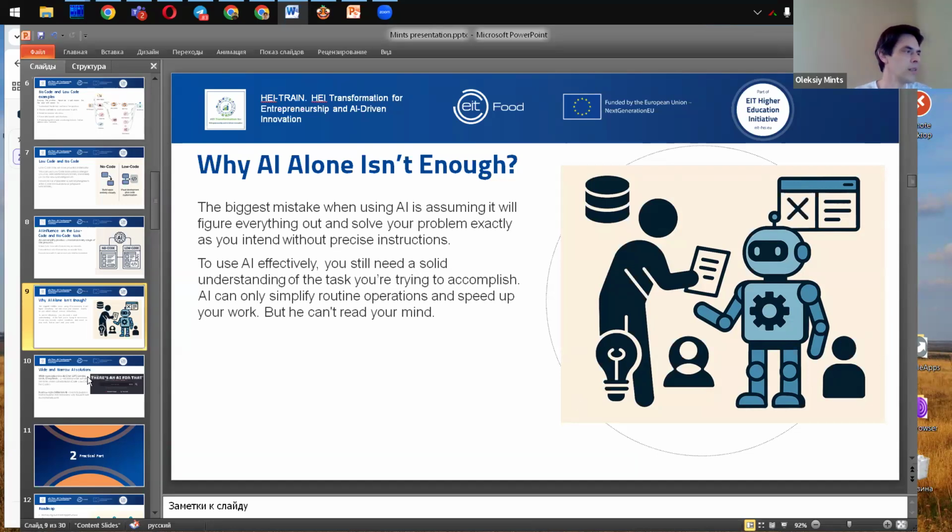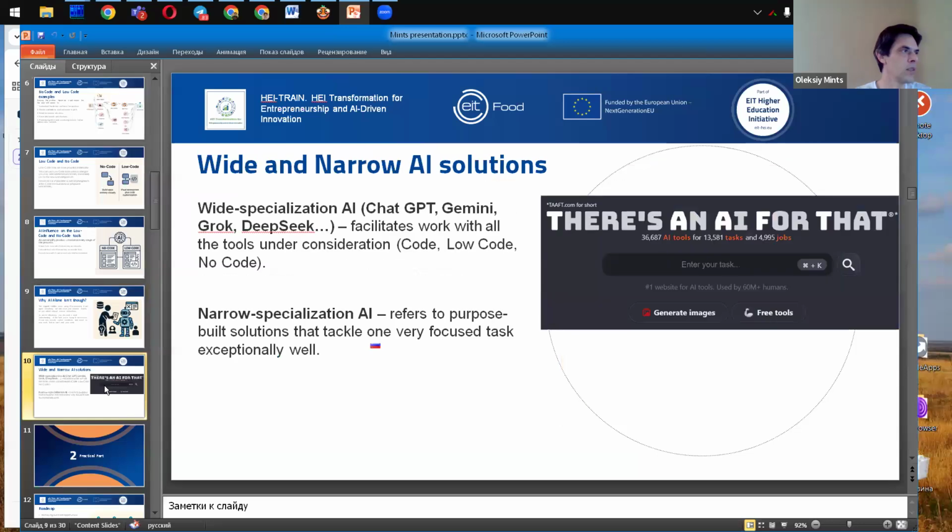The last slide in the theoretical section is about wide and narrow AI solutions. We started from some definitions and we end the section also with some definitions.